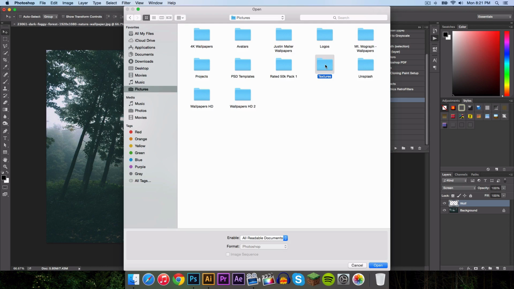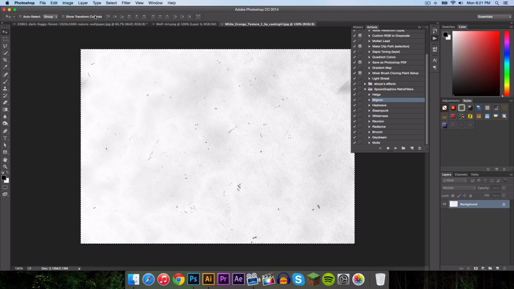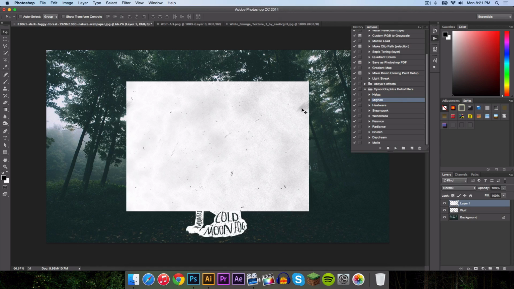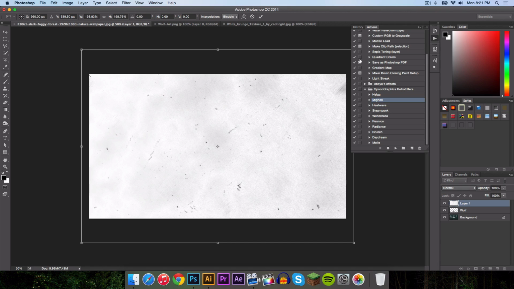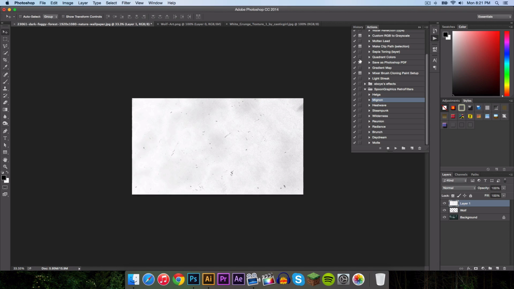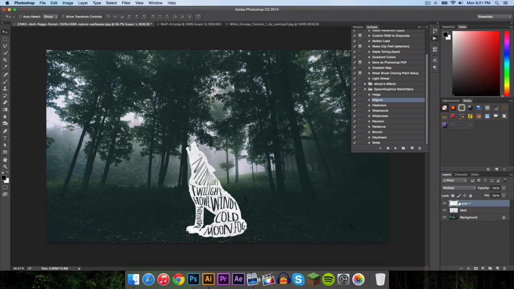So textures, and I'm gonna select this one here. Press Command A and Command C to copy that. Press Command V to paste it as well. And I'm going to fill this whole document like so. Press Command Enter to accept the changes. And I'm going to change that to multiply. And you guys can now see that because it's white, it just added a cool little texture. And I'm going to decrease the opacity to 70%, like so. And then for the background, make sure this is not in front of the wolf, but behind it.